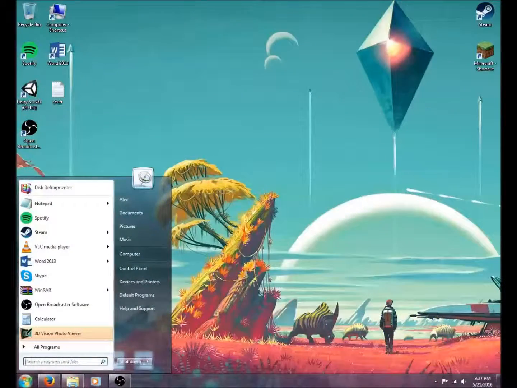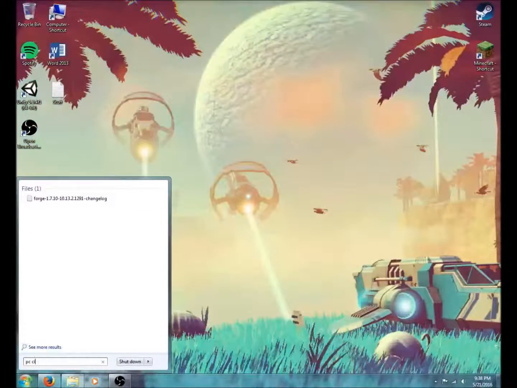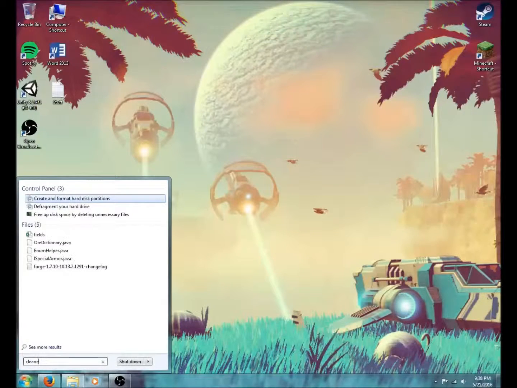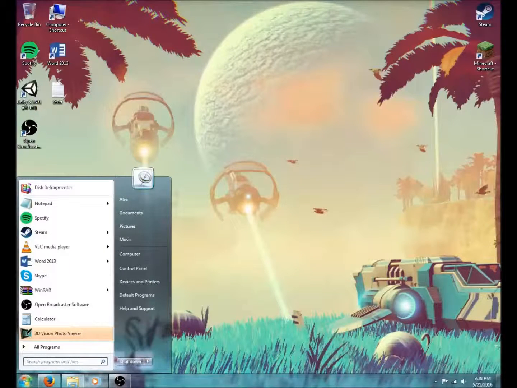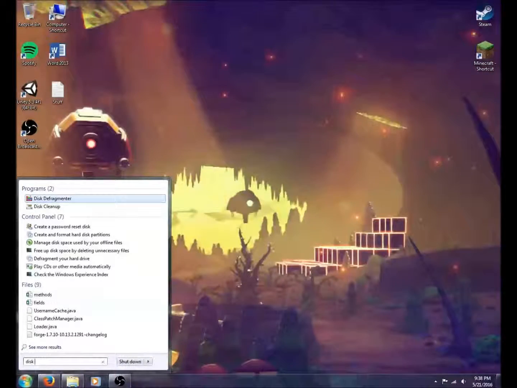Another way you can clean more program files or excess files or cache files off your computer is if you go to start, type in PC cleaner, there you go, or Disk Cleanup. It depends on which one or program you have on your computer. So we'll go to Disk Cleanup,